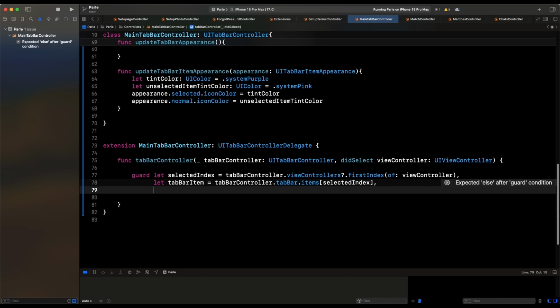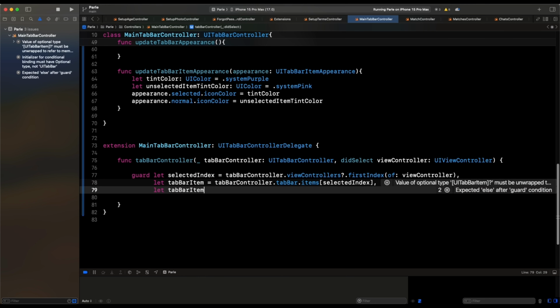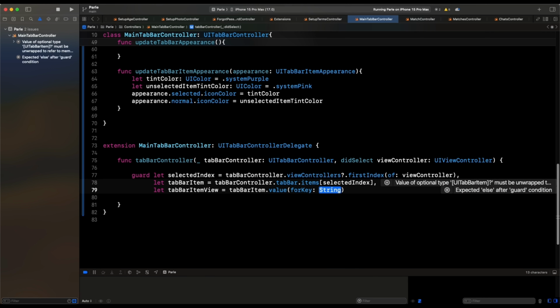And we come here and we say let tabBarItemView, and this is just going to be tabBarItem.value(forKey:), and the key is going to be view, and we want it cast as